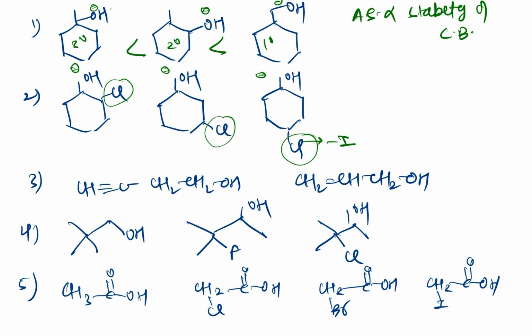So it is 1, 2, 3 because acidic strength is directly proportional to minus I effect, and stability of carbanion is directly proportional to minus I effect. The closer the Cl, the more the minus I, as minus I is a distance dependent effect. We have seen this already in the stability of carbanion. Here also